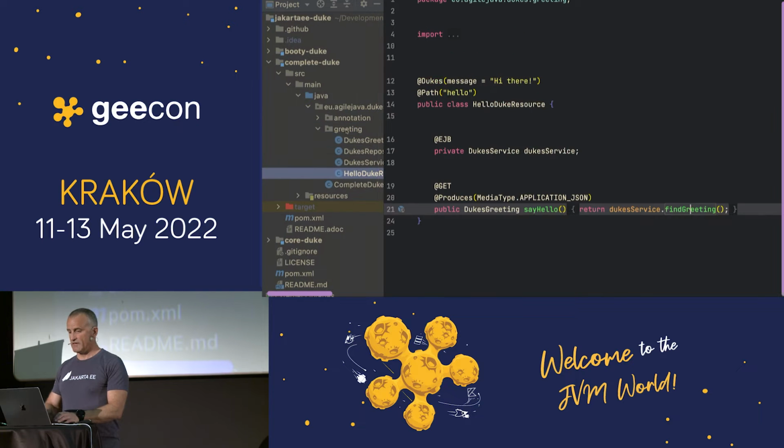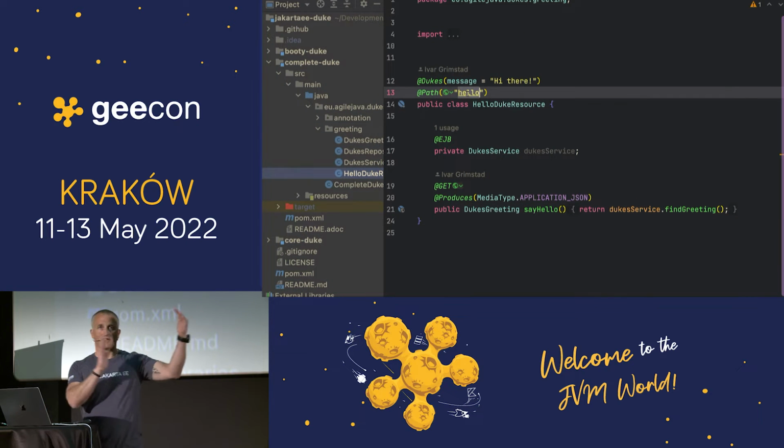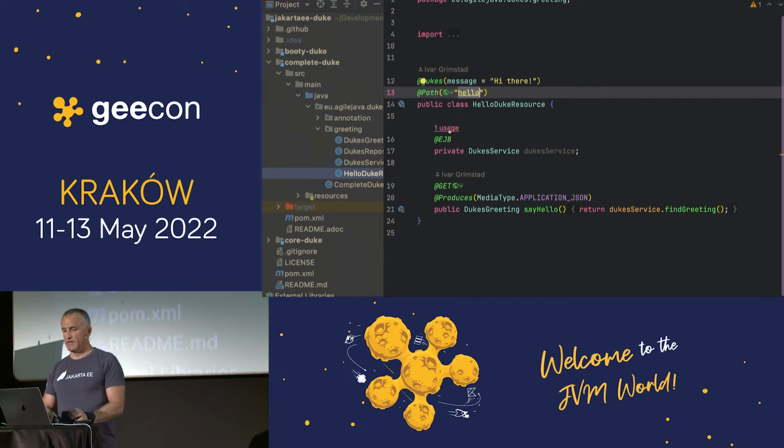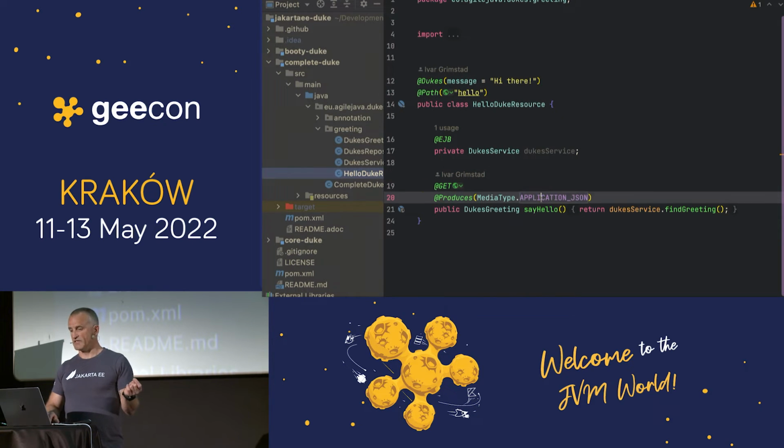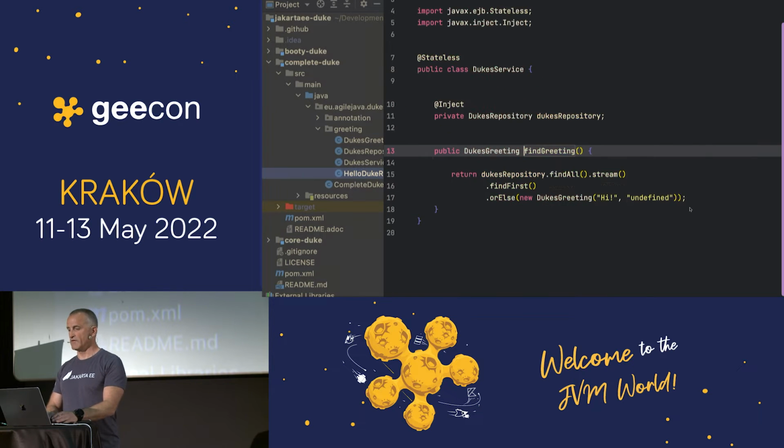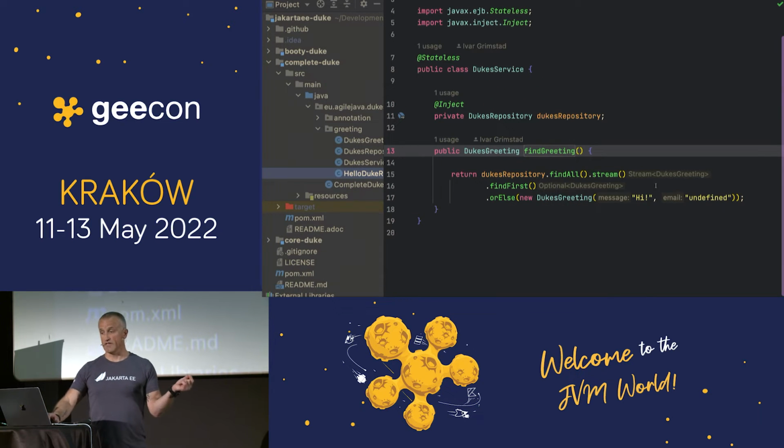The resource class is saying the path is /hello. It's an HTTP GET method, and it produces JSON. And I'm using an EJB here to find the message, the greeting.